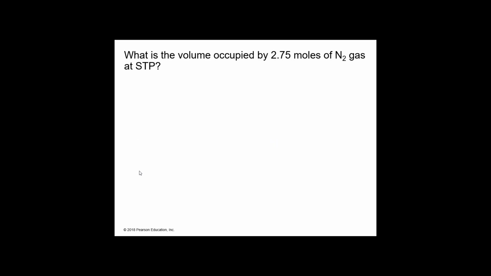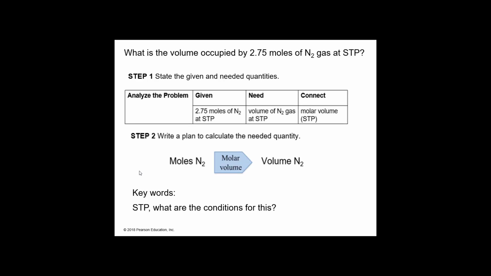What is the volume occupied by 2.75 moles of nitrogen gas at STP? This is a perfect example. It doesn't tell you what the STP conditions are because you're supposed to know them, but it does mention STP. So first thing we do, pull all the information we have. We have 2.75 moles at STP, key being STP, and we need to know the volume of a gas at